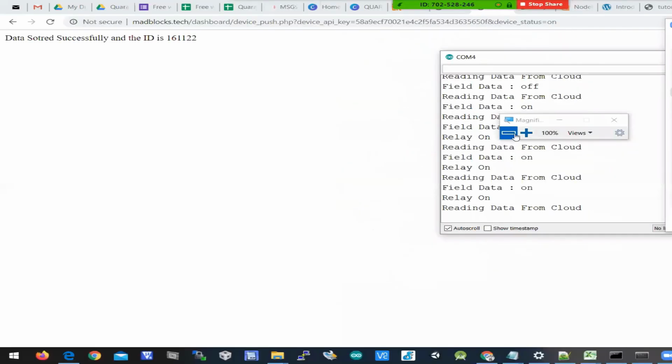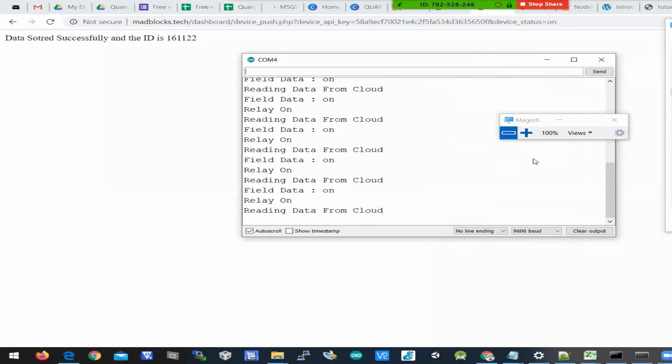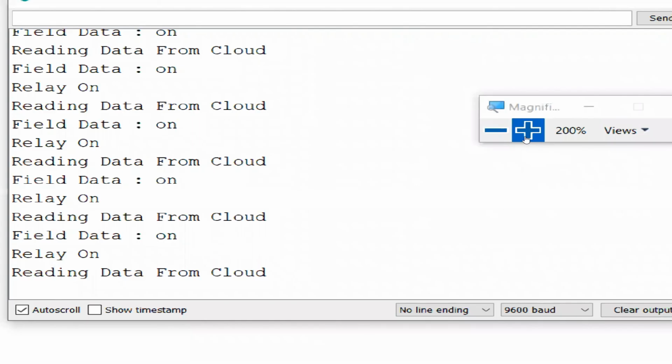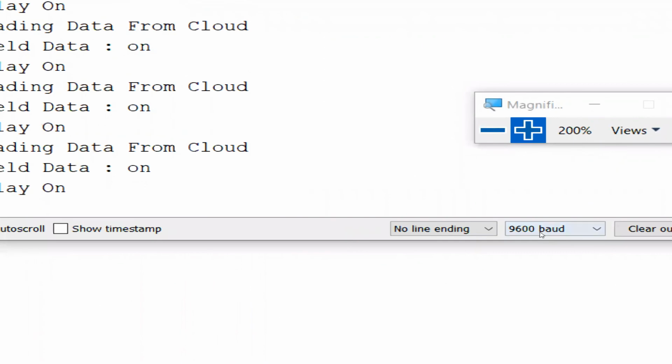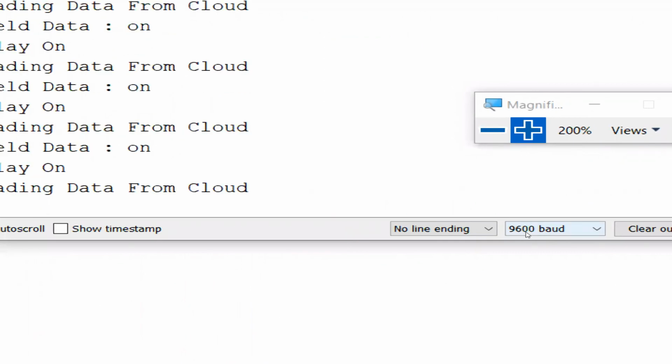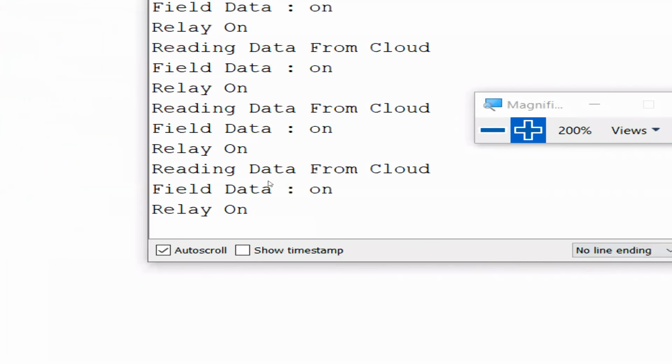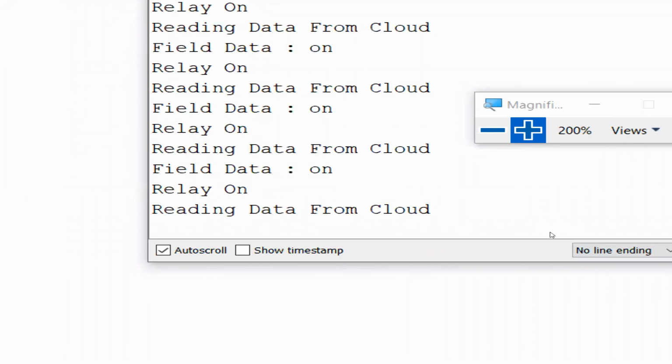As of now, any doubts up to here? Someone is talking about baud rate, right? Naveen, Sai Prashant, you are talking about baud rate, and this is the baud rate. Every serial monitor will have a baud rate. Here it is selected as 9600 baud. In the program also we wrote 9600. Thereby we can see the data. If the baud rate does not match, you cannot see the data there.